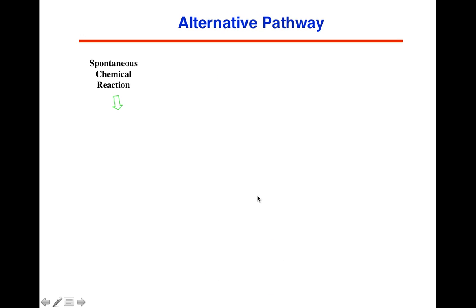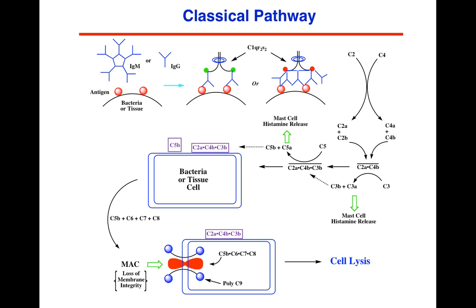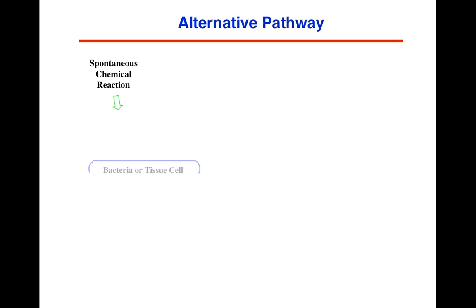Now, there's the alternate pathway. So I just want to point out for the alternate pathway, there are going to be things that are very, very similar, and then there are going to be things that are a bit different. What's really similar is the MAC complex formation. So the end product is the same. There are some differences in how you get there. And so let's take a look at